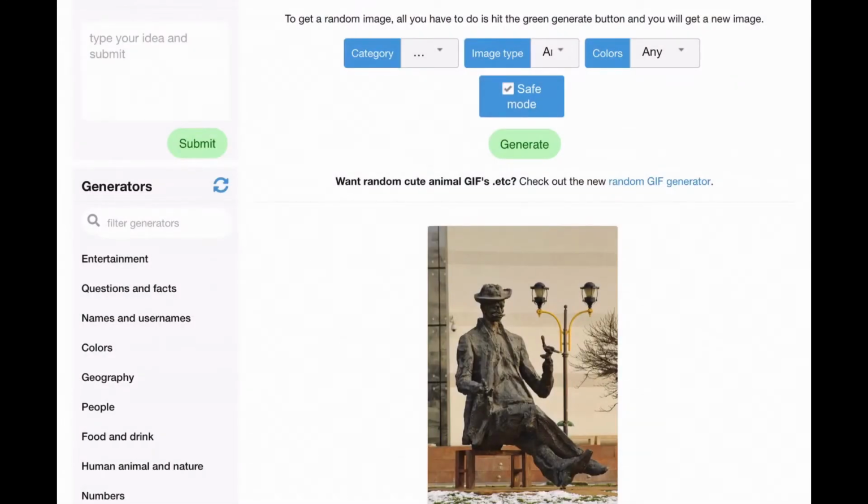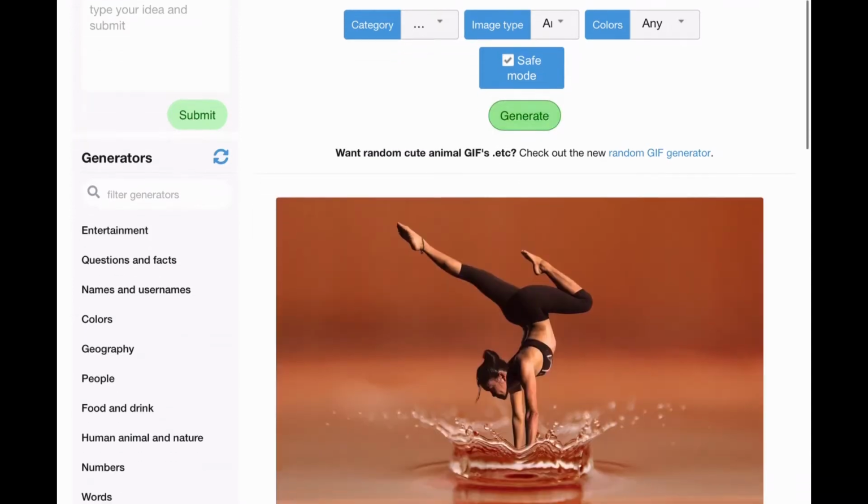Alright, now we are going to be getting the image that is going to be the box art for my game, along with the keywords that I have to incorporate into the title. So let's see, this is going to play a huge role in defining what type of game this is. So I'm going to generate it in 3, 2, 1, and the image is